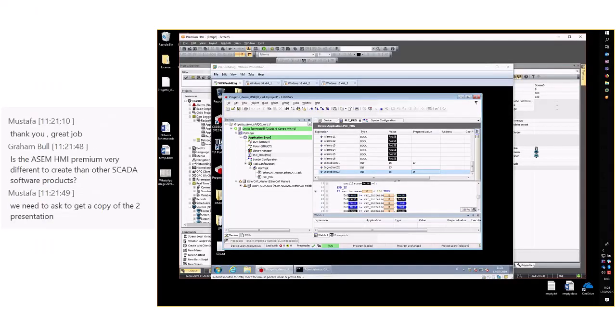Okay, yeah, HMI Premium, very different to create. Is the other HMI Premium very different? Well, to be really honest, from my previous experience, from the programming environment point of view, there's not much